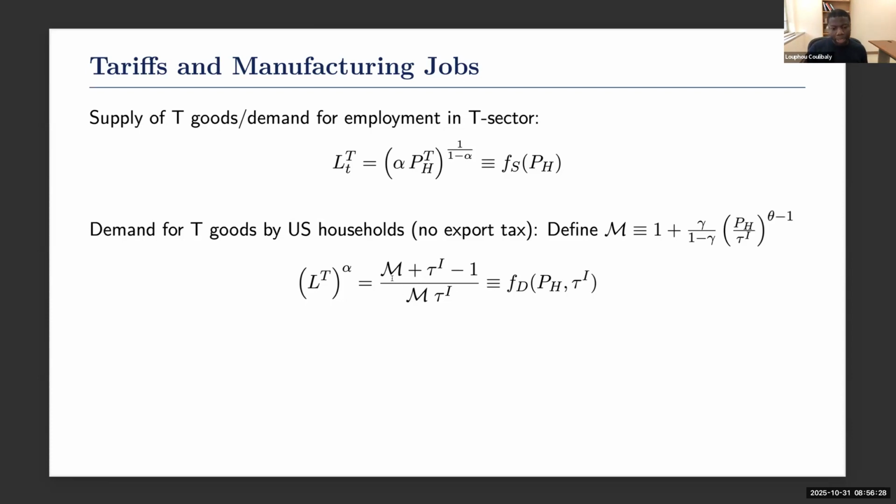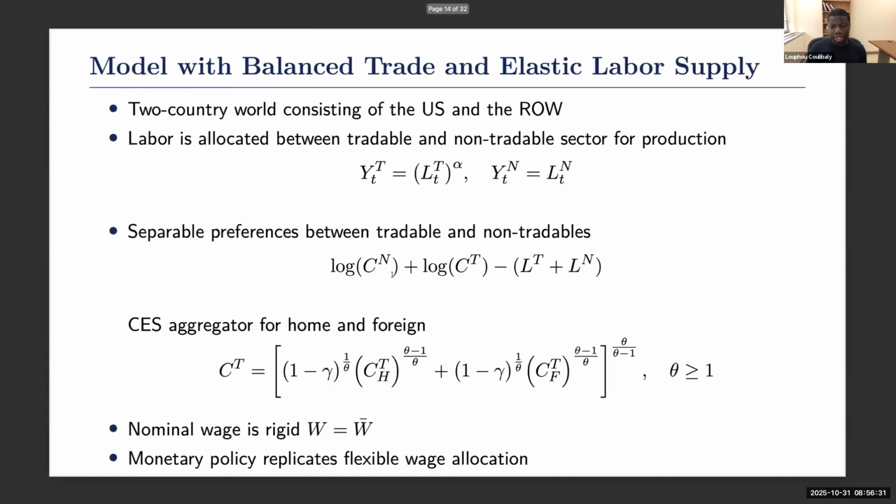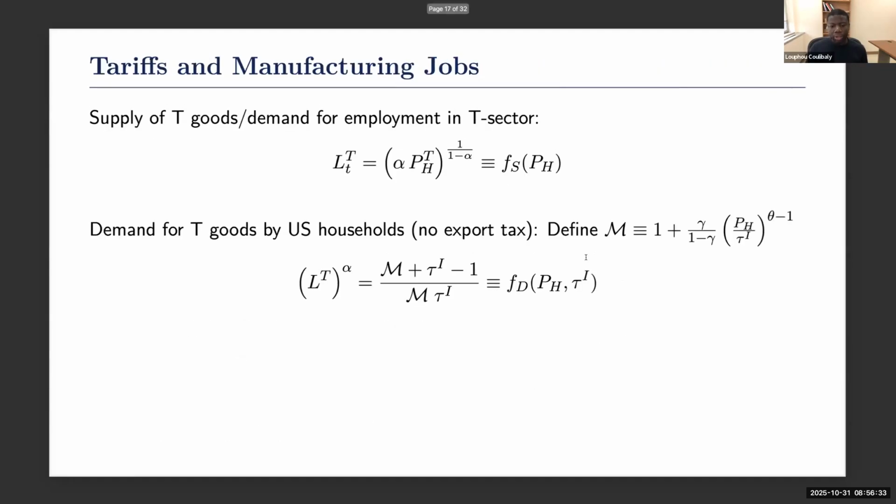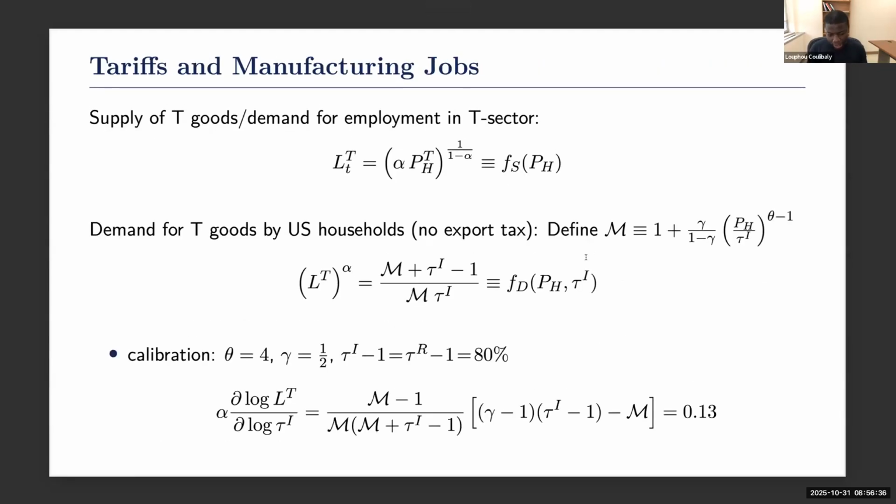Now, I'm going to use this formula and use the fact that here I have elastic labor supply. So the supply part is different from the paper because I'm assuming here that labor supply is elastic. So you can show that the elasticity of the supply of employment with respect to tariff, or if you want, the demand for tradable good, depends on this formula. Now I'm going to take some extreme values. I'm going to take some calibration based on the paper, but take one extreme value, which is the revenue maximizing tariff, which is 80%. Then if you take this 80% and you plug it here and you take the calibration in the paper, what you find is that when tariff increases, the supply of employment goes up.